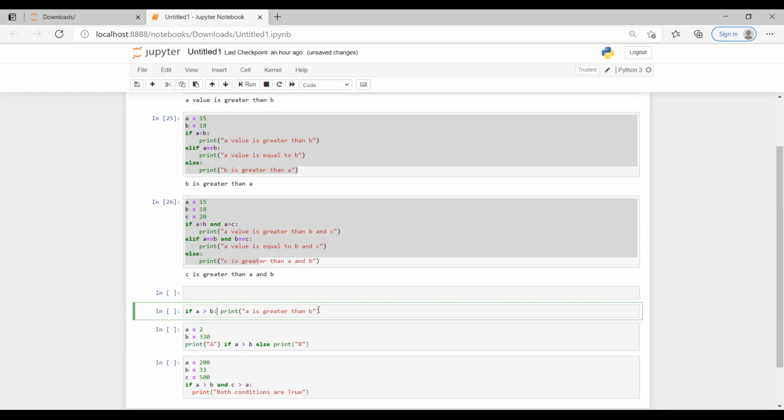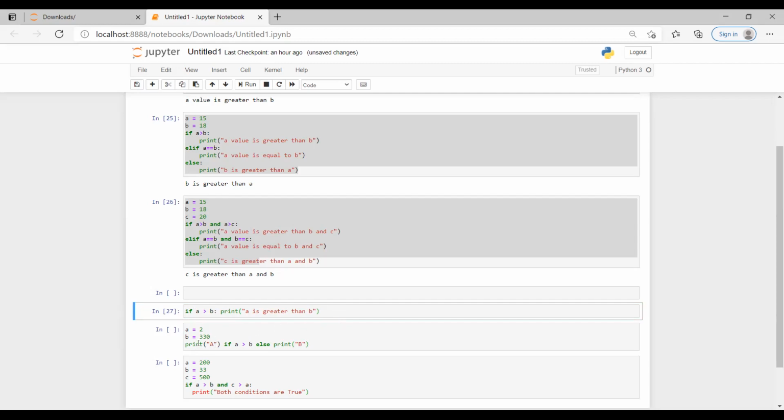This is a shortcut rather than writing multiple lines of code. Similarly, if I just have an if over here and press control enter, it did not give me any result because A is not greater than B. That's the reason it didn't satisfy and didn't send me any result.